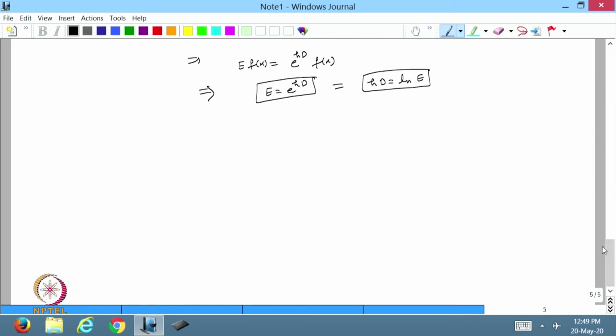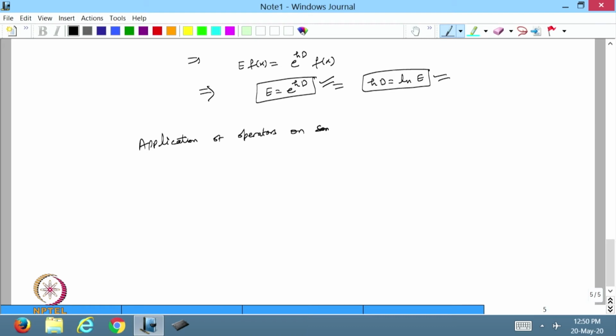Now, that is a very important relation we should always keep in mind. So, this way we can define many relations, but here we are doing only a few relations. Now, we will discuss another thing, the application of operators